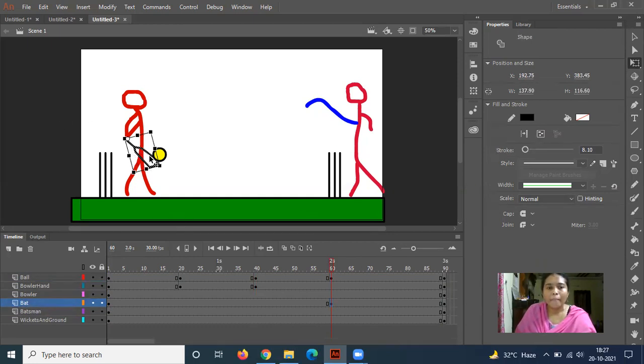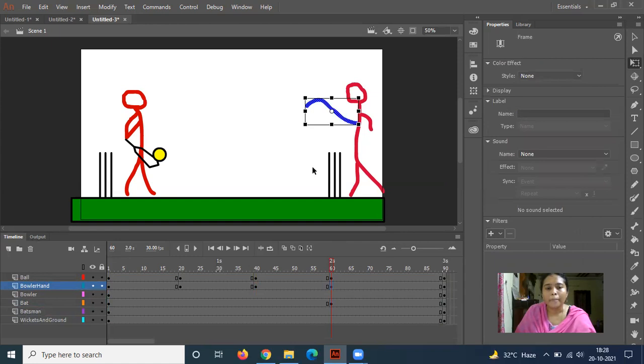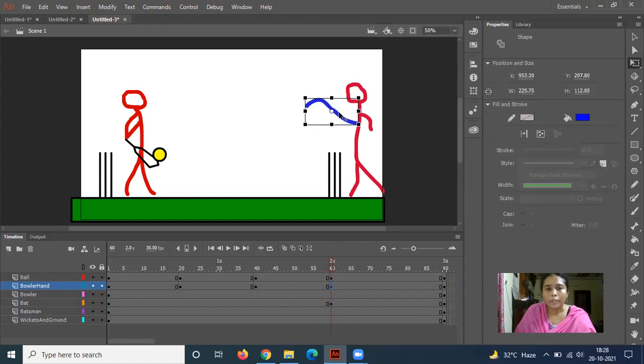Okay, when the bat and ball touch, automatically the hand of the bowler should at least extend towards the ground. Just go to the bowler's hand and insert a keyframe. See here, insert a keyframe. Parts should not be separated.